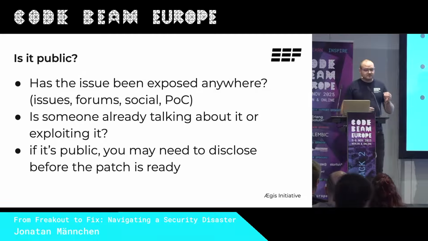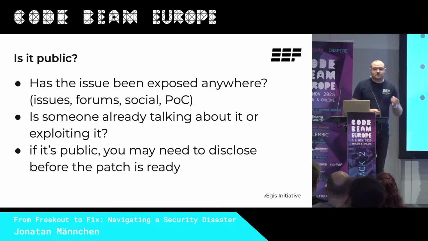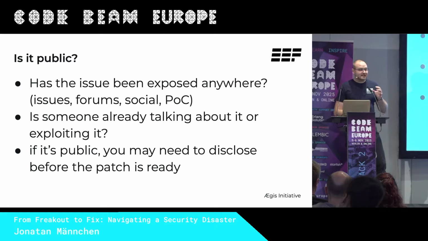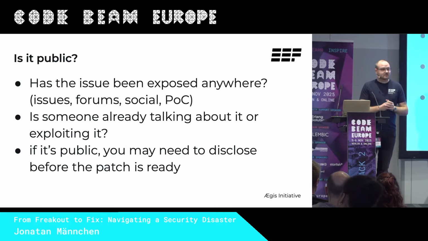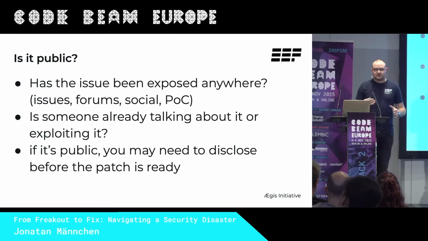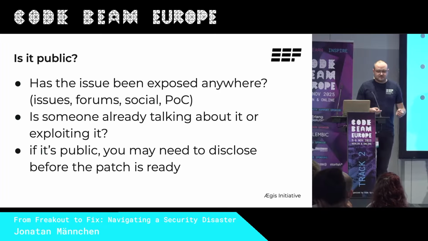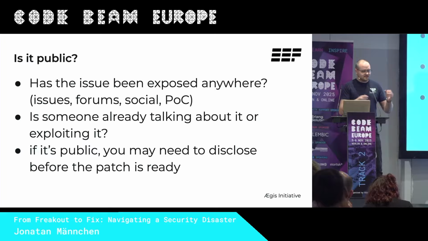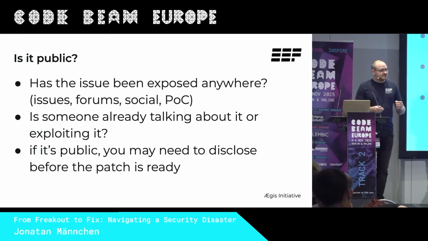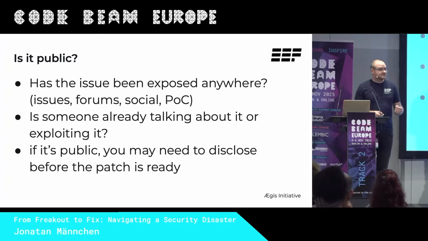You may need to move into disclosure mode before you even start to write a patch. That means coordinating with the right channels and getting eyes on your advisory quickly, rather than quietly rolling out the fix days later. If it is private, you have a lot more breathing room and space to prepare, to draft your advisory, coordinate with the CVE numbering authority, get a patch lined up. But if it's public, that exposure flips your timeline from days to hours.